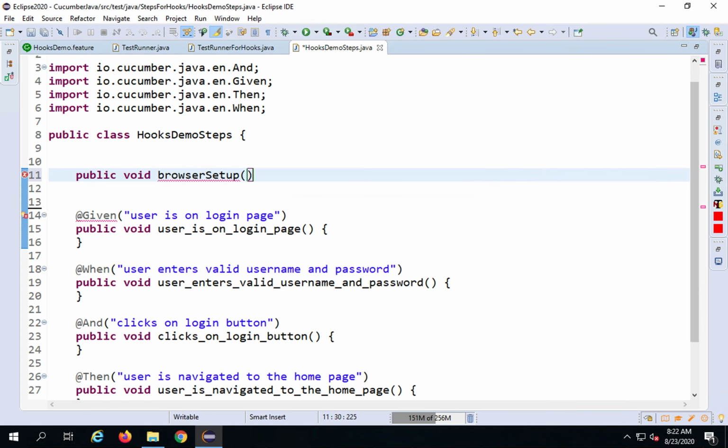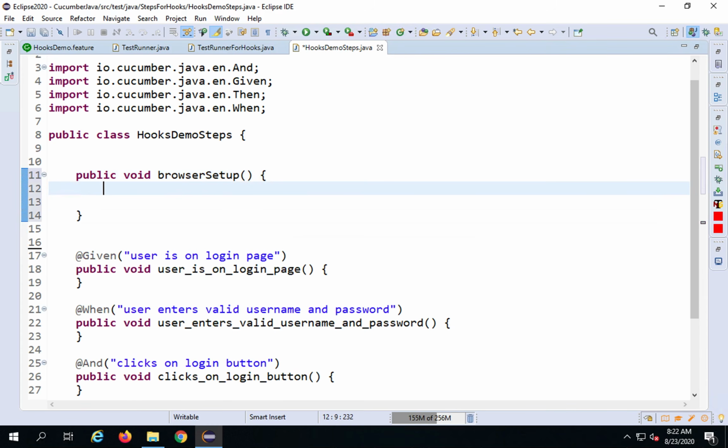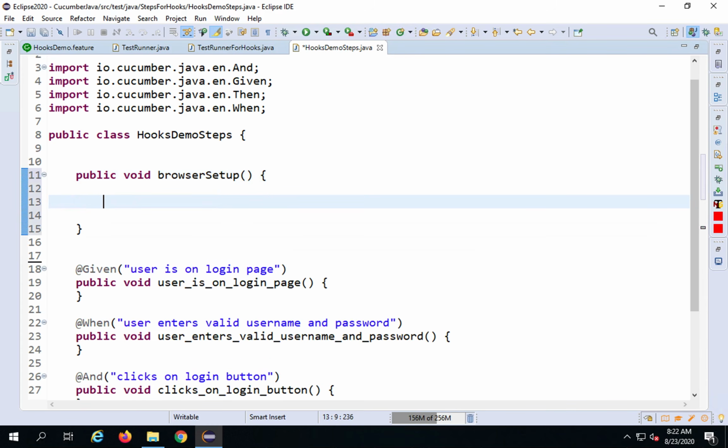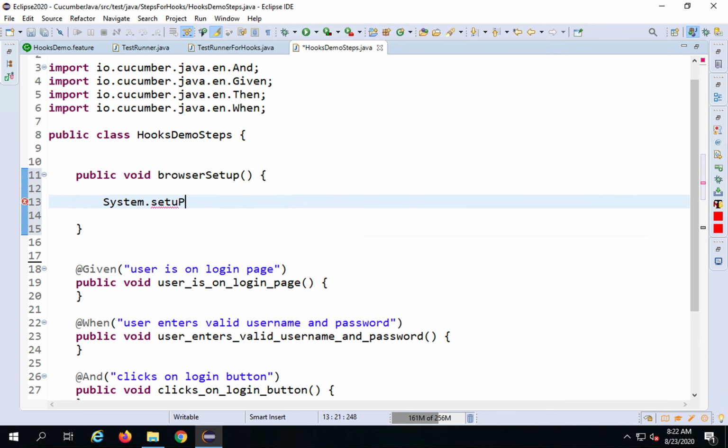You can name it anything, and here, suppose I have to start a Chrome browser, I will say System.setProperty. So I will use this, and I will say webdriver.chrome.driver, and here I have to give the location of my chromedriver.exe. So here